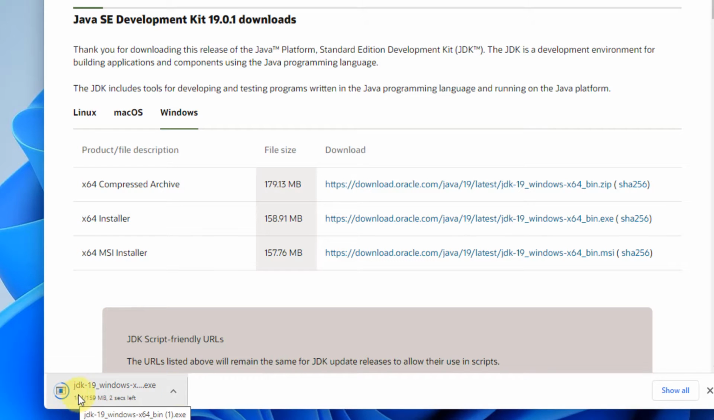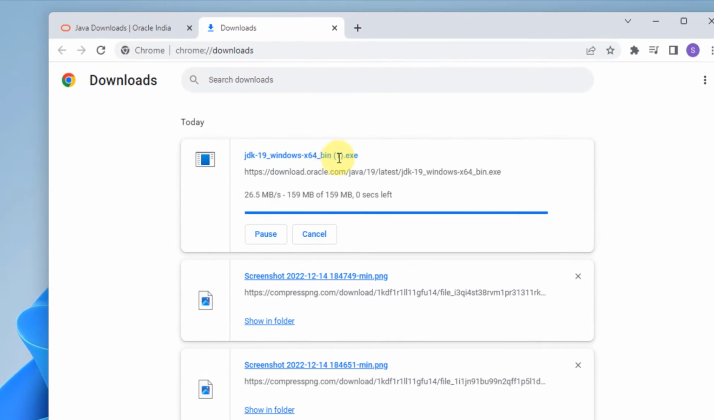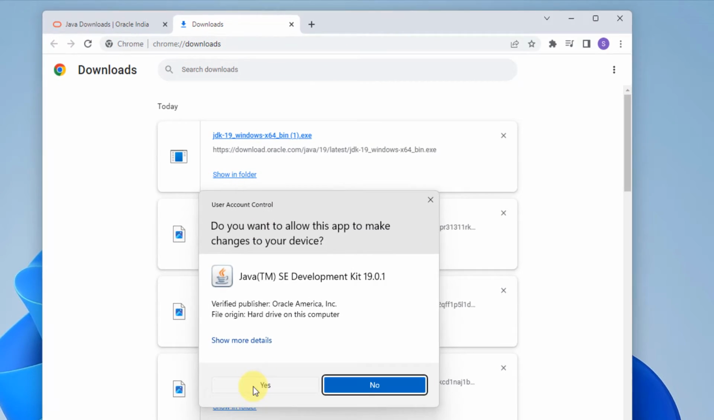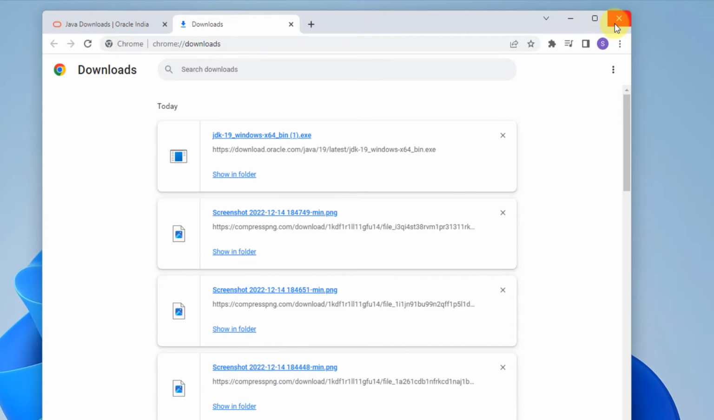Once it gets downloaded, just double click on it to install it. Okay, just double click on it to start the installation process. Once you have installed this file on your computer,